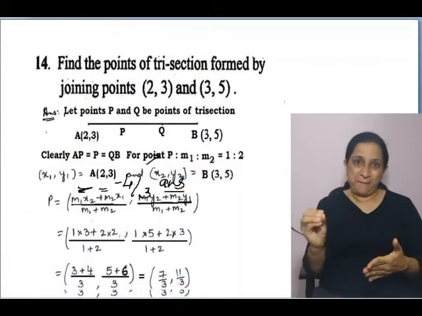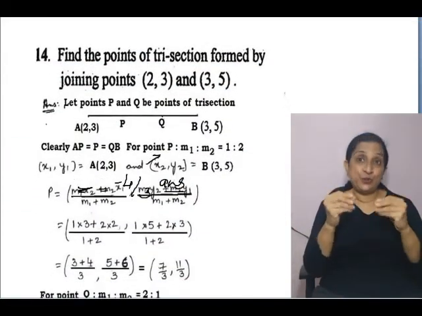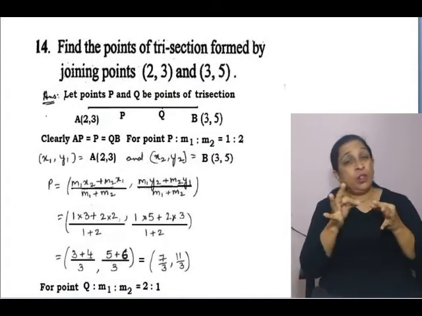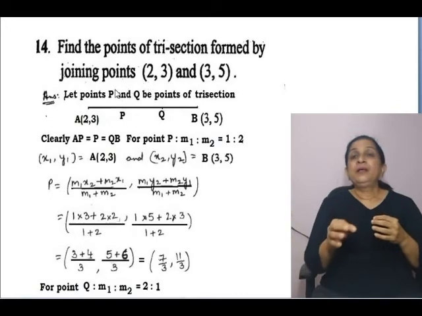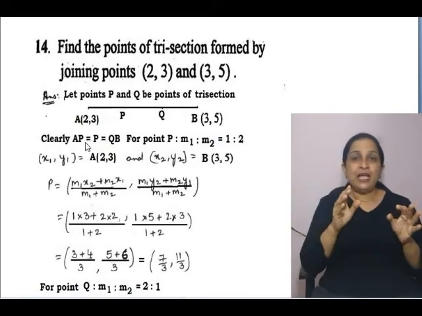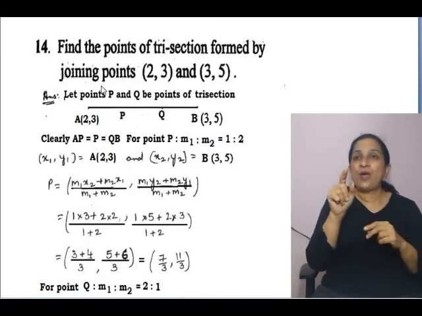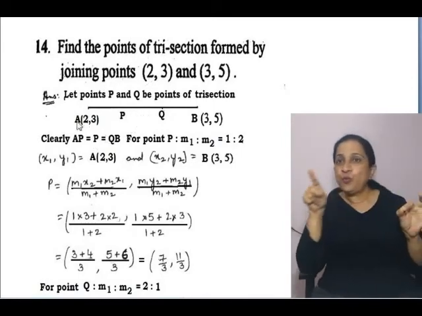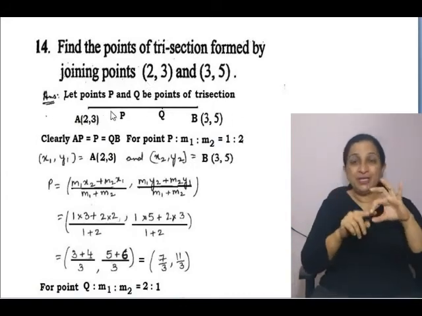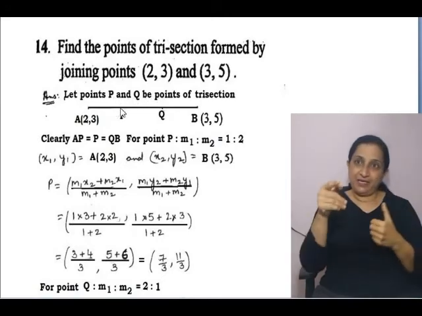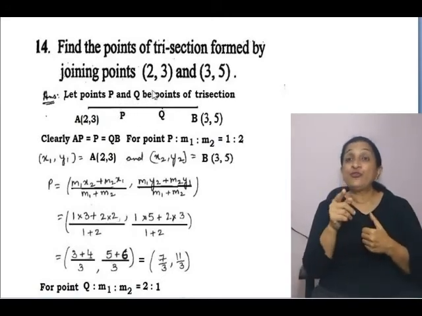Next, the 14th. This is a very lengthy problem. You might have some issue doing this. This is about the ratio problem in coordinate geometry, and you must find the points of trisection found by joining the points 2, 2 and 3, 3, 5. Trisection means there are 2 points you have to find out, that's P and Q, which